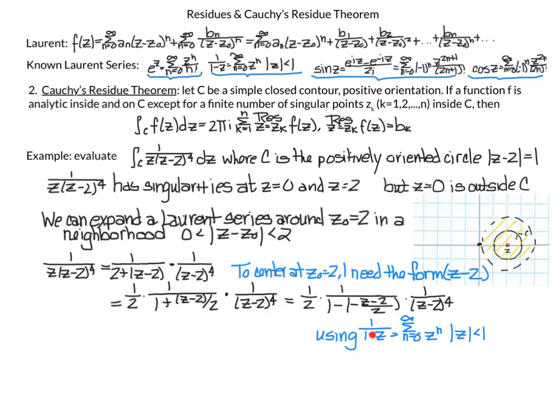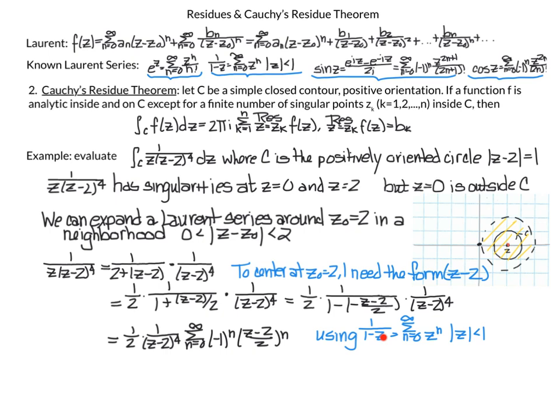And the next thing I want to do, because this is a minus z, I want to make this negative. So I'm going to put a negative out here, which then I have to introduce another negative. So minus z minus 2 over 2 times my 1 over z minus 2 to the 4th. And now I can use my formula, and I'm going to substitute minus z minus 2 over 2 for z